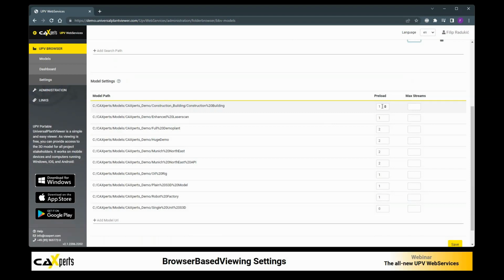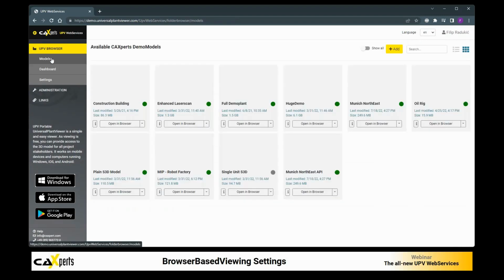And I can set preload. So what does preload actually mean? Preload means that we're preloading a model on the server and it's already available for user usage for user login directly. So we're not having any loading times. What's the advantage of this? When we go back to our models here,